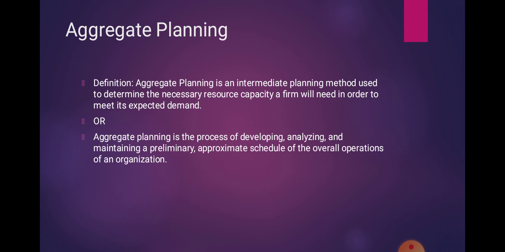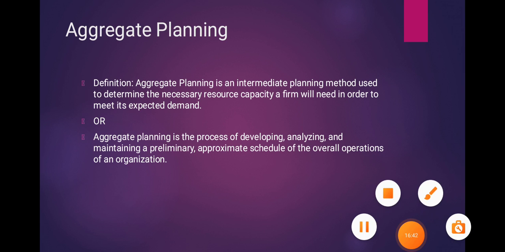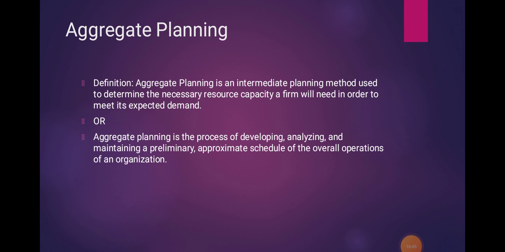Okay, now we go to the objectives of aggregate planning. The objectives are: first, maximize customer service; minimize the inventory investment; minimize the change in workforce level; minimize the changes in production rates; and minimize the utilization of plant and equipment. From these objectives you can find a simple definition: aggregate planning is an attempt to balance capacity and demand in such a way that costs are minimized.